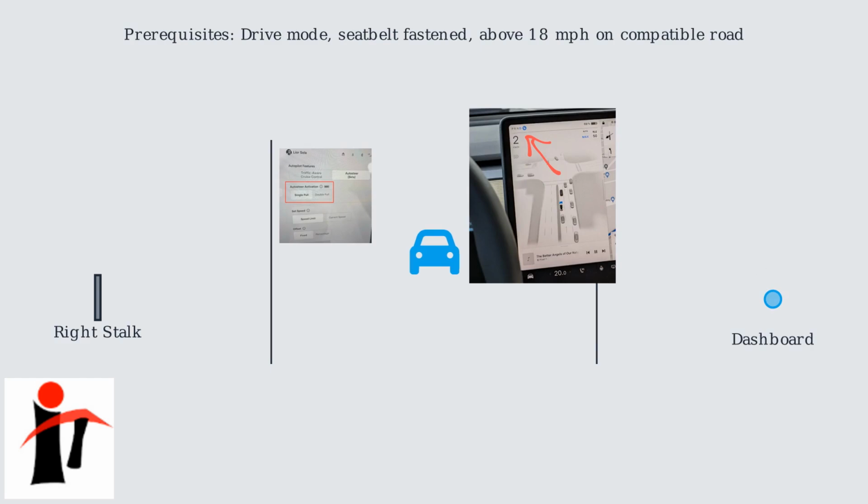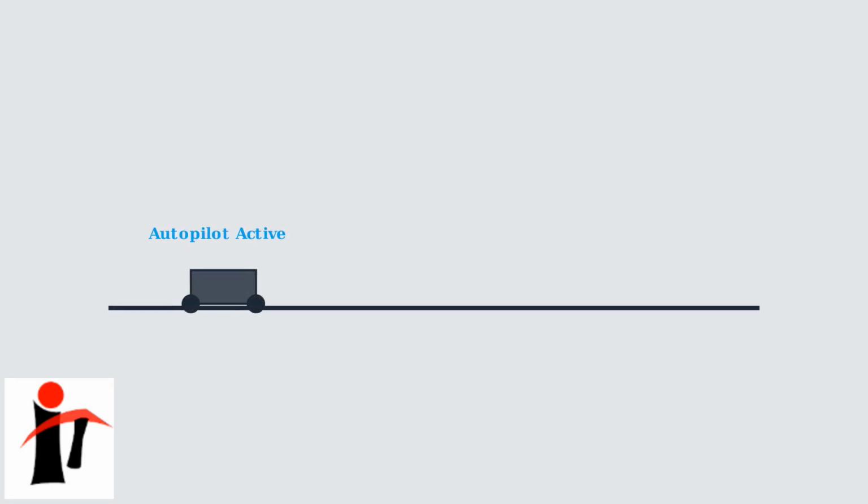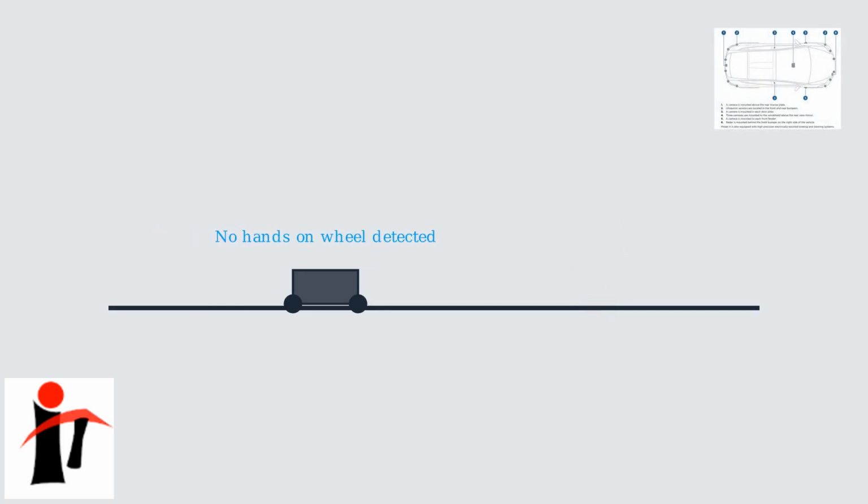lane keeping. Auto steer assists with steering to keep the vehicle in its lane, maintaining proper positioning between lane lines. However, you must keep your hands on the wheel and remain attentive at all times, ready to intervene if needed. To disengage Autopilot, simply push the right stalk away from you or gently apply the brakes. The system might also disengage automatically if it detects you're not attentive, such as having no hands on the wheel